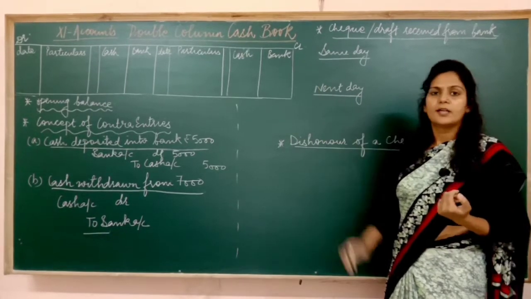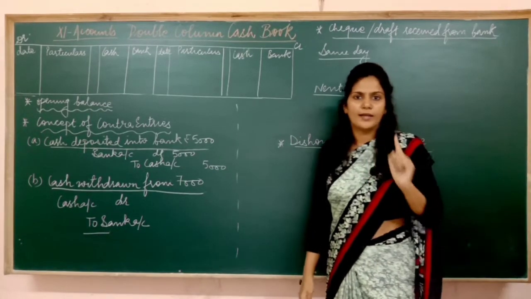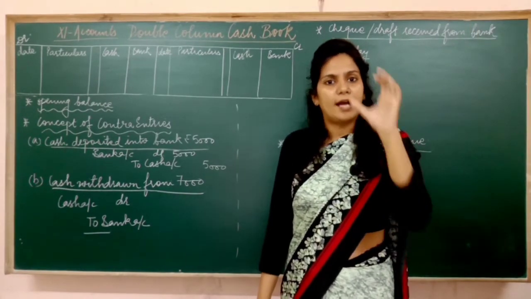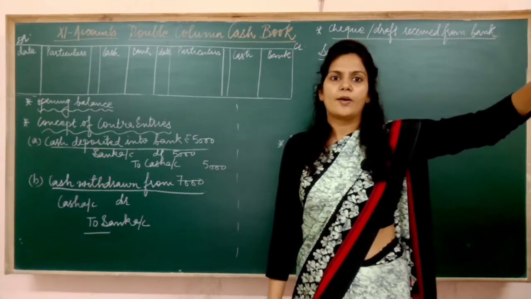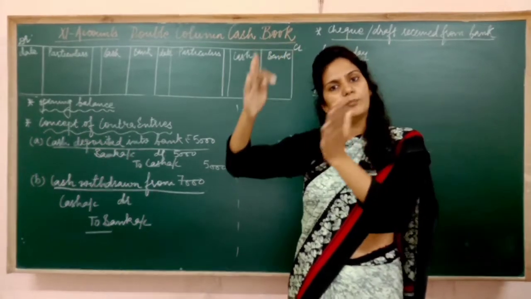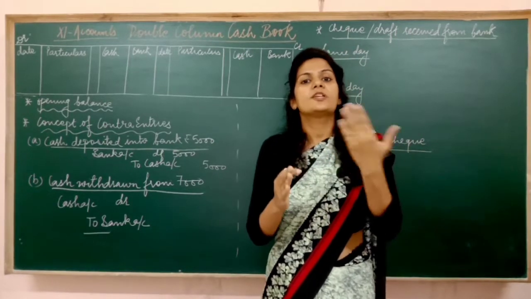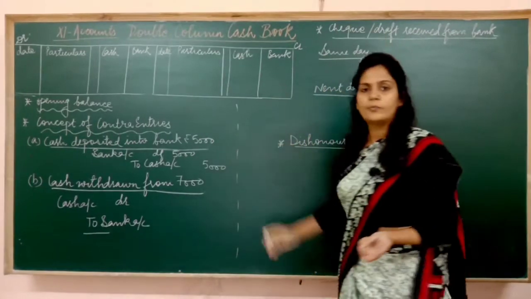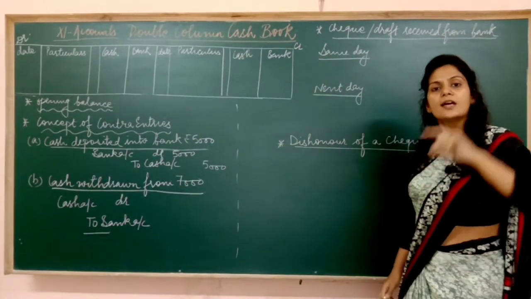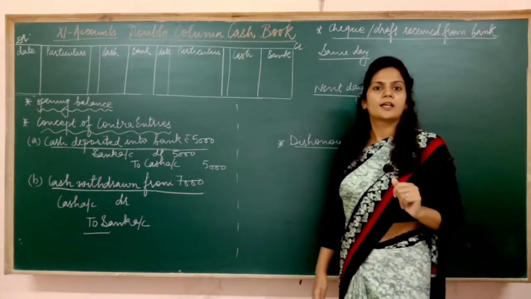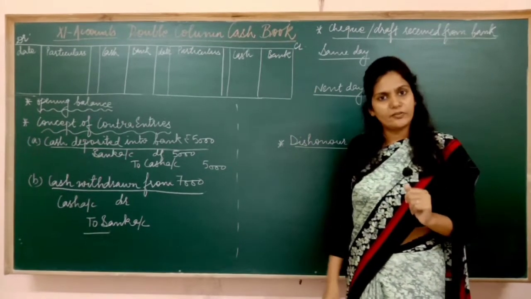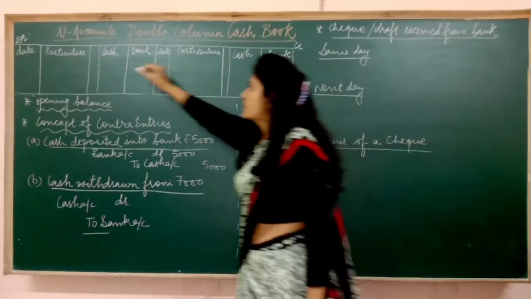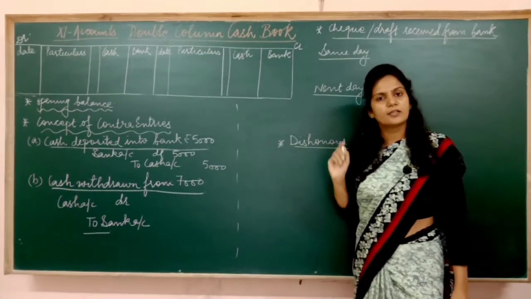But in case of bank, here this bank doesn't mean bank balance. Here bank means the name of the bank in which you have opened your account. The bank is maintaining your account, but you also have to make a bank column on your side, so that if you issue a check to somebody, you don't have to rely on remembering it. You need to keep a note of that. That's why you are making one bank column here. This bank means the name of the bank in which your business has an account. It means that this bank becomes an artificial personal account. So here the rule of personal accounts will be applicable, that is debit the receiver and credit the giver.